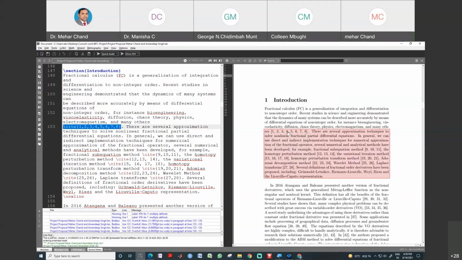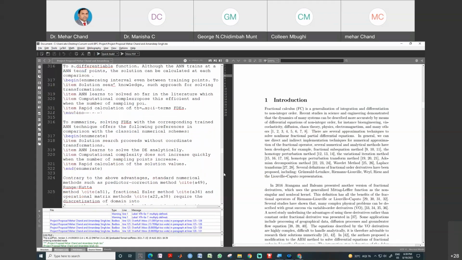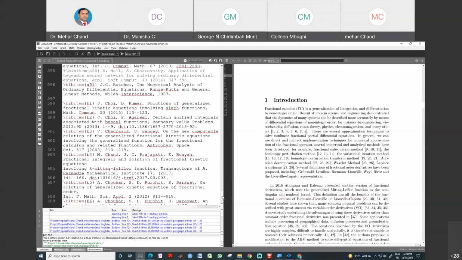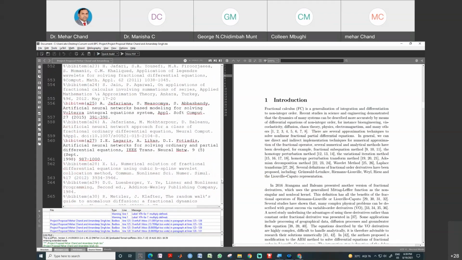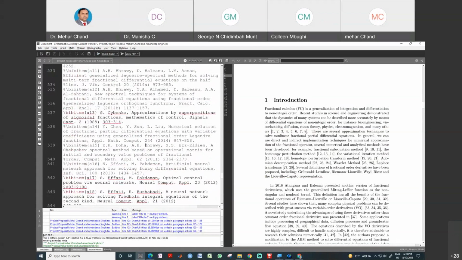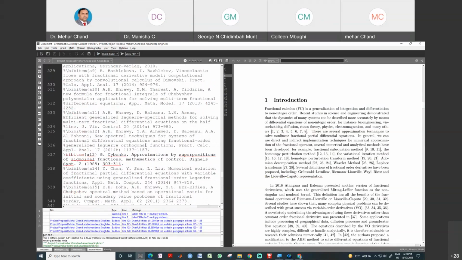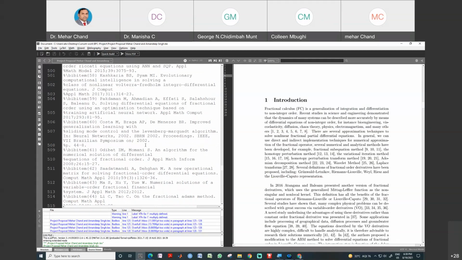You can see on the right hand side, these are the reference numbers. Okay, and we have one more file. See at this place, these are the references which we use in our document.